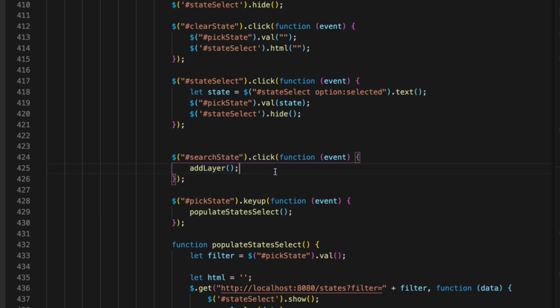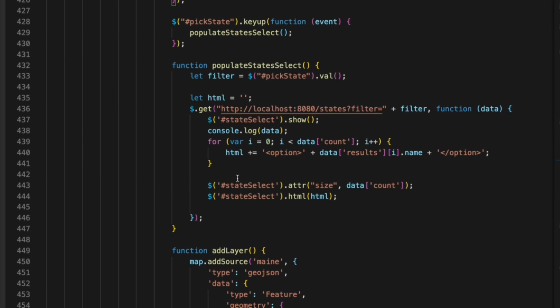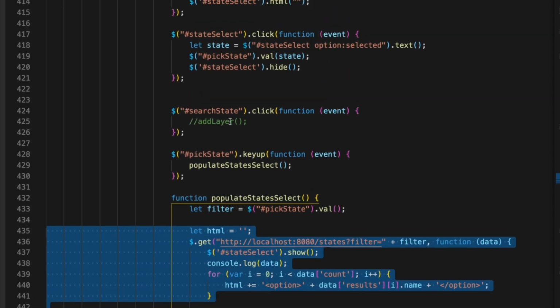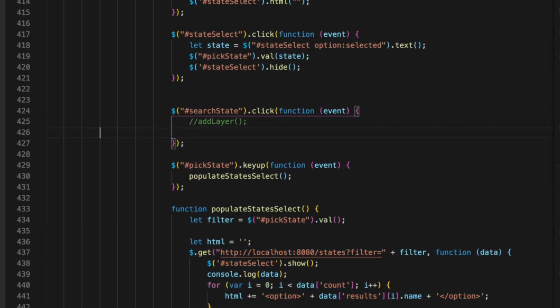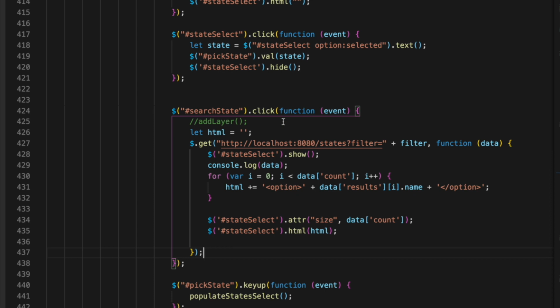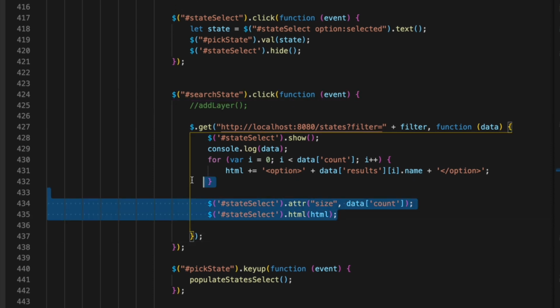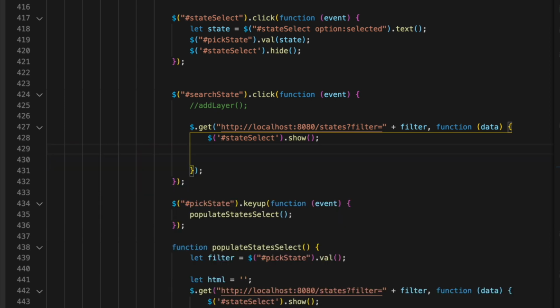Okay, well maybe when I click, what we should do is not add the layer yet, but we should run a get method. Let's copy this whole thing and go get us a bounding box. So we don't need this. In fact, let me just get rid of almost everything. And so what am I getting? Well, if we go look,